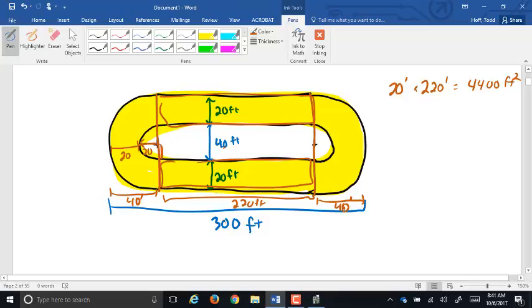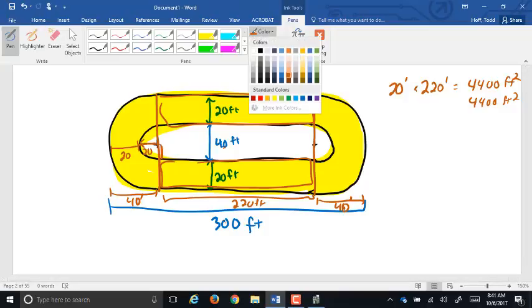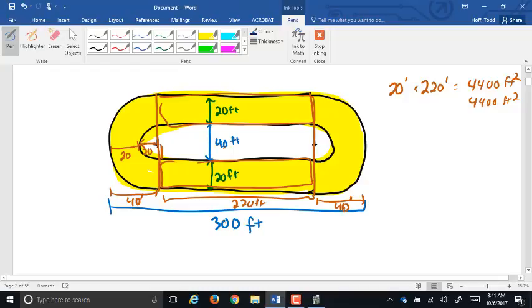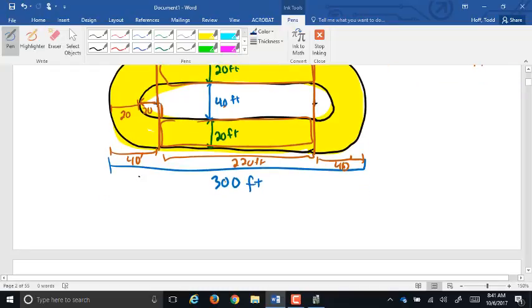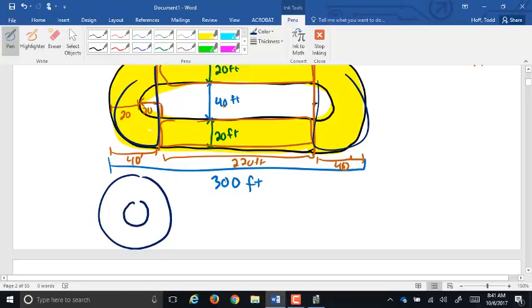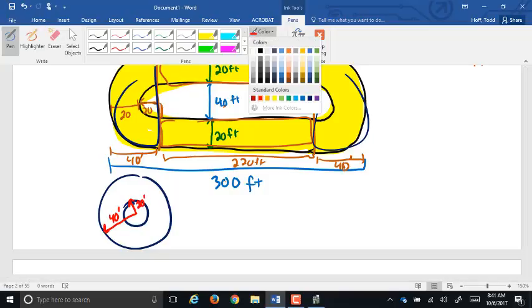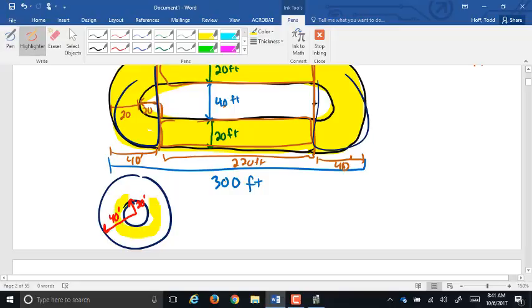Well, there's another 4,400 square feet for this one. We need to find the end pieces here. Well, if I look at those end pieces, if I cut them off and then put them back together, it's a donut, basically, right? It's like a washer. Better. Outside radius is 20 plus 20, which is 40. Our inside radius is just the 20. To find the area of that ring, basically,